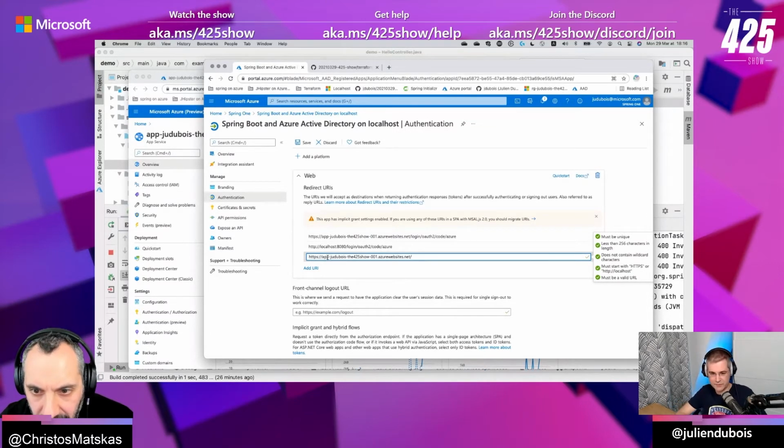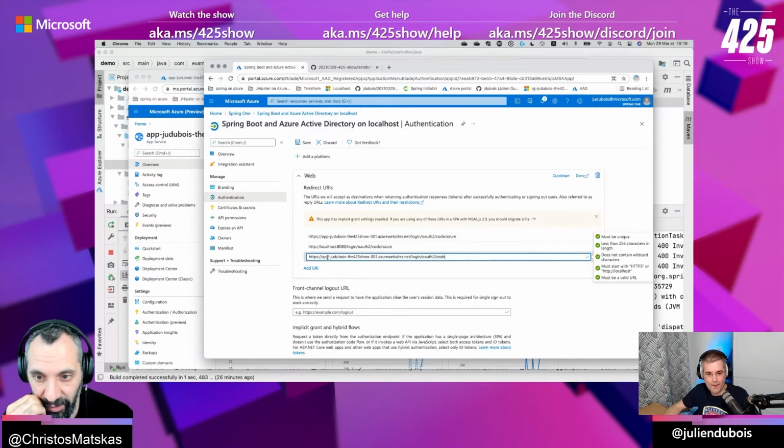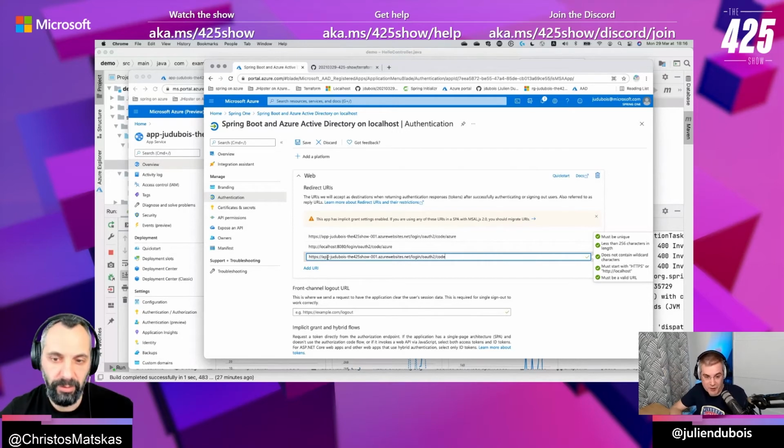I can put something else, but of course that URL is probably... It seems to be the same. Yeah. And are we certain that this is the correct endpoint for the...? That's a good question, because that works for localhost. I just copy pasted it from localhost. But I have no idea if it's... I mean, it's working on localhost, so it's probably correct. But you said it was working before, right?